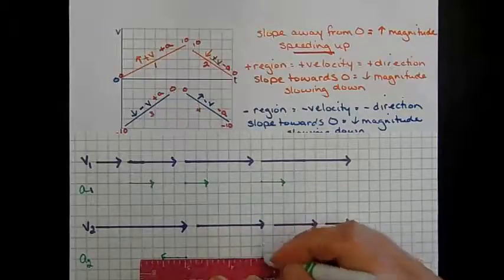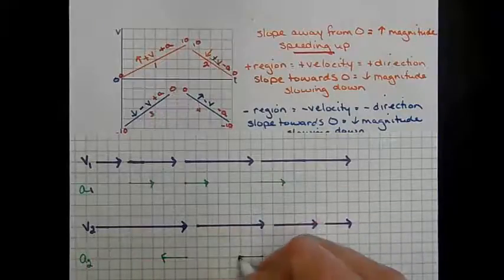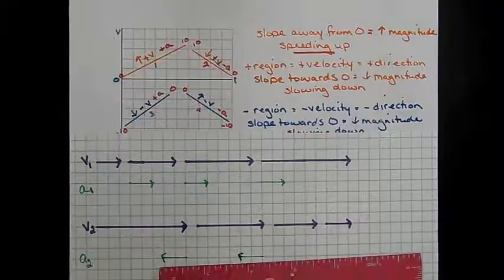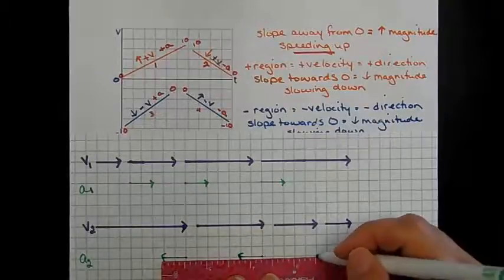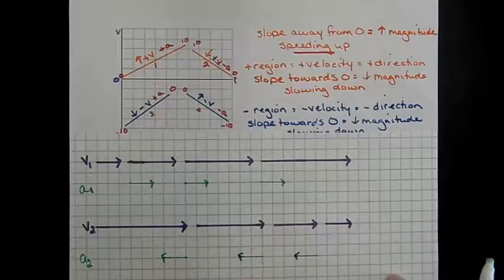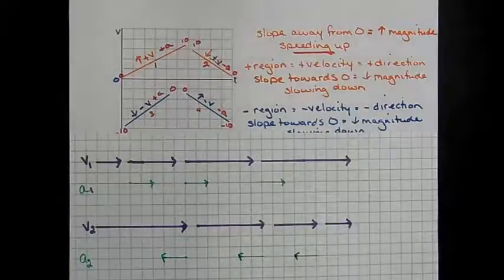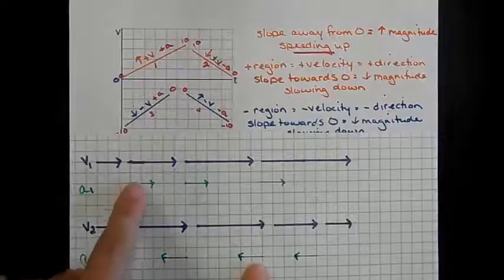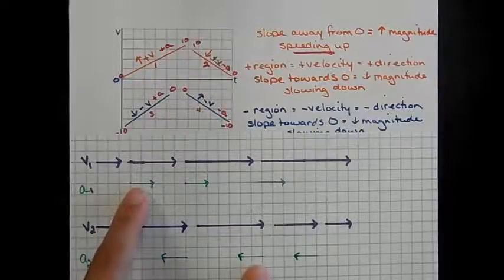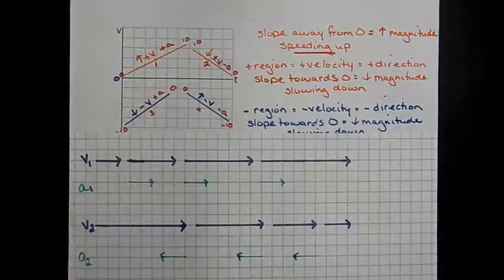From here to here, we have a decrease of 2. From here to here, we have a decrease of 2. So our acceleration is constant. It's still 2. So the magnitude of our acceleration here and the magnitude of our acceleration here is the same. They're just in opposite